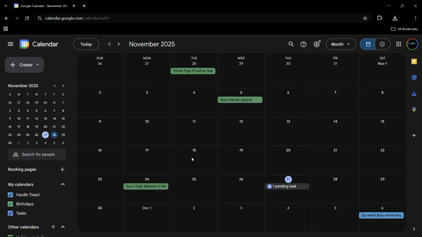So for example, let's say I want to print this particular month of November 2025. So in order to print this particular view, I will simply click onto this settings gear icon over the left hand side of this month corner. So you can switch any view that you like using this toggle, and then in order to download or print this particular calendar, click onto the settings gear icon, and from here you will see this fourth option, that is